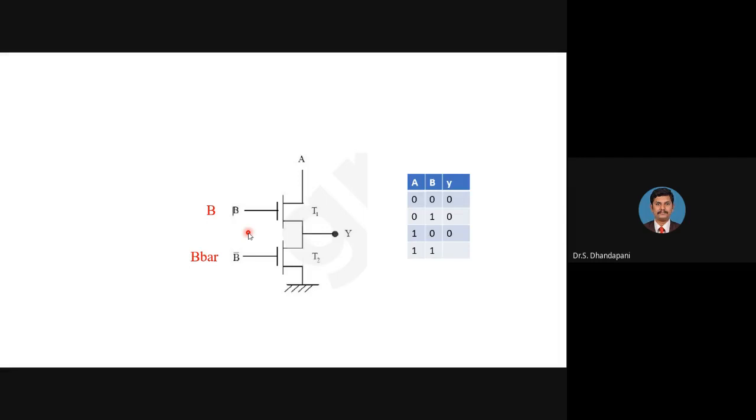The final case is when both A and B equal to 1. When both A and B equal to 1, the second transistor is off. The transistor 1 is on. Output Y is connected to A. A equal to 1 means output Y equal to 1. So after analyzing the circuit by seeing the truth table, we can find the answer. What is this truth table? This is an AND gate. So option A.